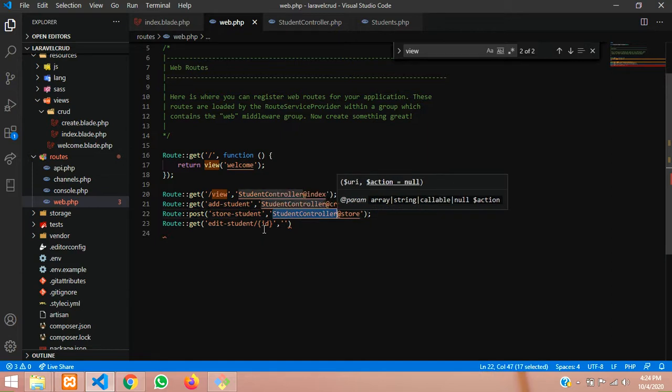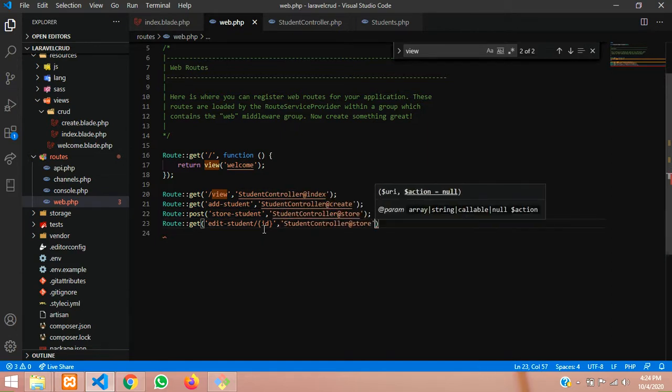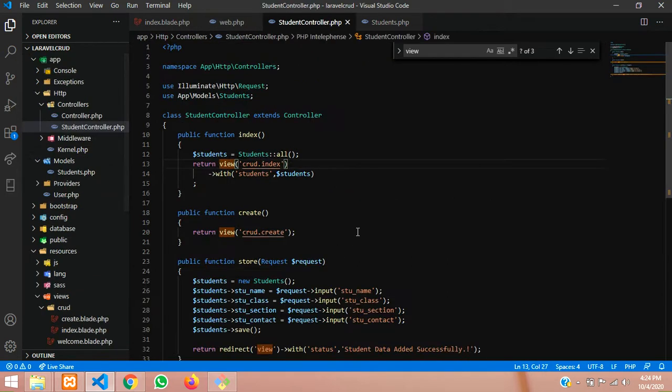Okay, so we are using the same controller for student, where I'm going to paste that. Let's change this name to edit and copy this and go to that controller.